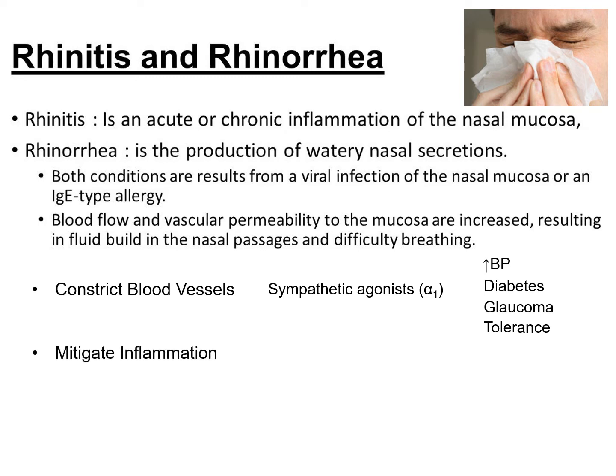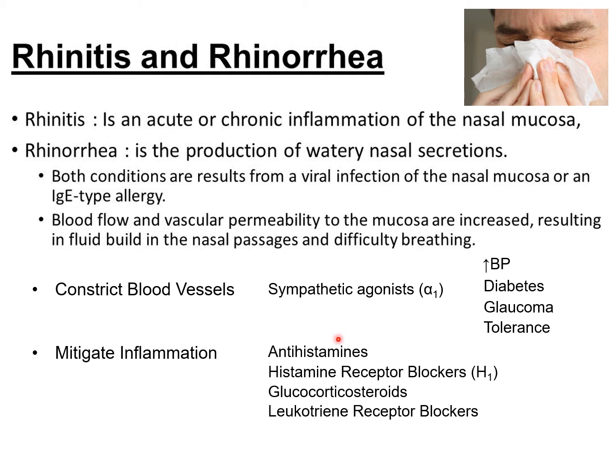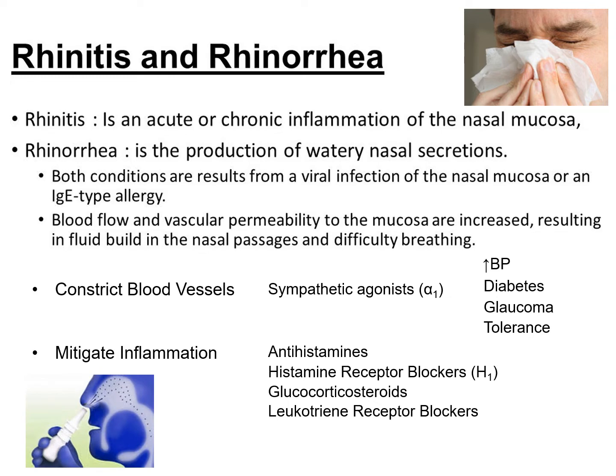On the other side, maybe we can attack the inflammation. So we might use an antihistamine. Again, we're getting after those mast cells, or we block the receptor for histamine. Either we block the action of histamine, or we block the response to histamines. Steroids in more serious conditions, leukotriene receptor blockers have demonstrated efficacy. And in order to get around those side effects, we often deliver these things locally. But it's still possible with misuse to introduce these agents into a more systemic distribution, leading to side effects.